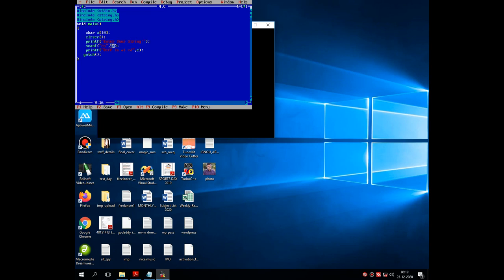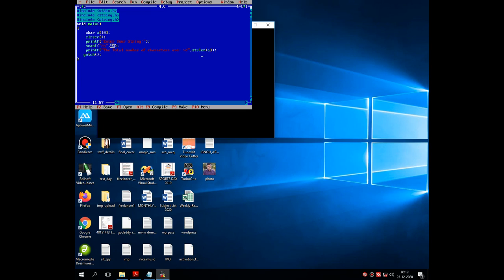Then that string is stored inside the variable a, and the next message is "the total number of characters are %d", and after a comma, a simple strlen function, and as a parameter we have to pass the input variable.